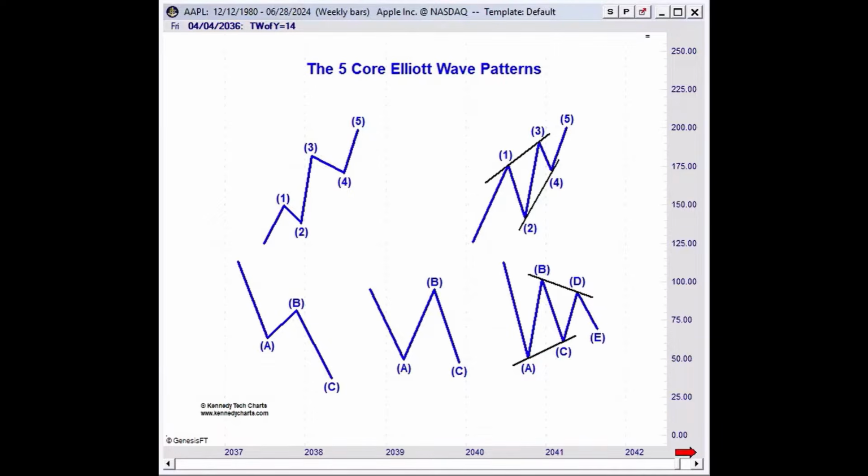Okay, now Ralph Nelson Elliott discovered the wave principle, I believe, back in the 1930s. And it is, again, a very powerful form of market forecasting, especially when you apply the technique correctly. There's a lot of practitioners out there, unfortunately, that do not practice the technique correctly, and you can tell. But bottom line, if you follow the wave principle and you really want to integrate it into your, say, trading style, forecasting style, market analysis style, then I strongly encourage you to adhere to the rules and guidelines of